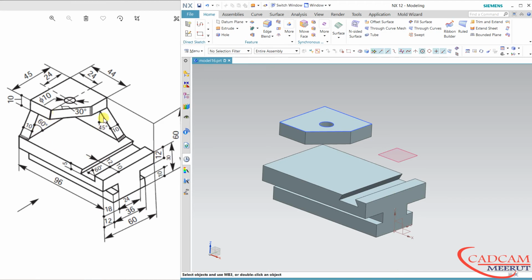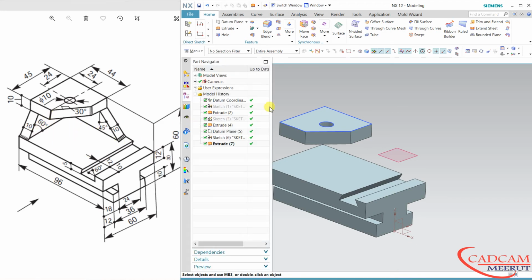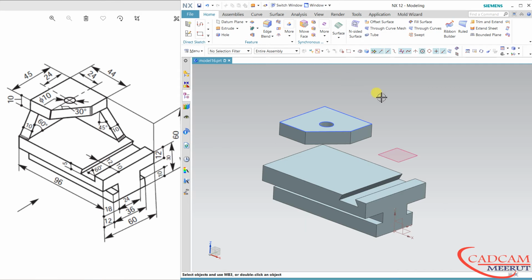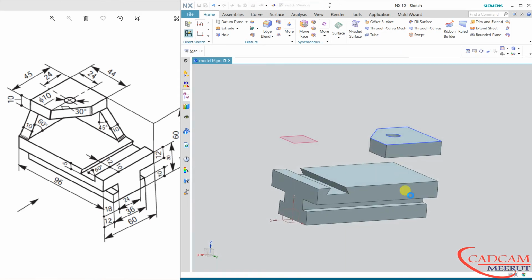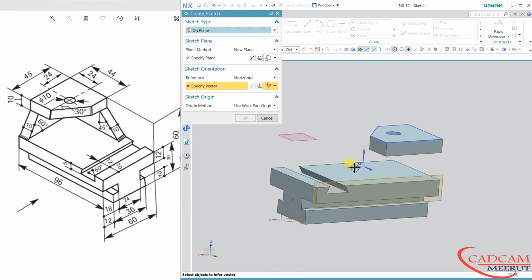Now we have to define some rib, or we have to create some sketches. So let's start with this face and orient the view.